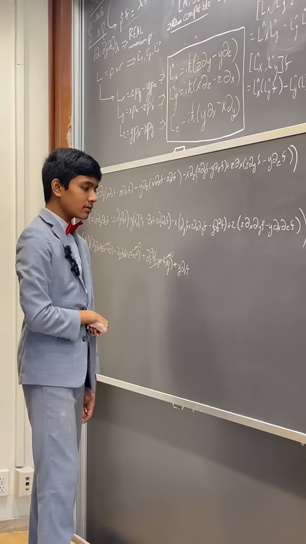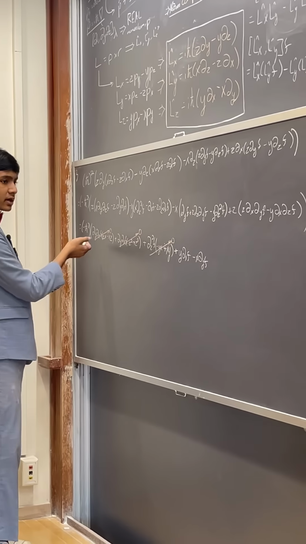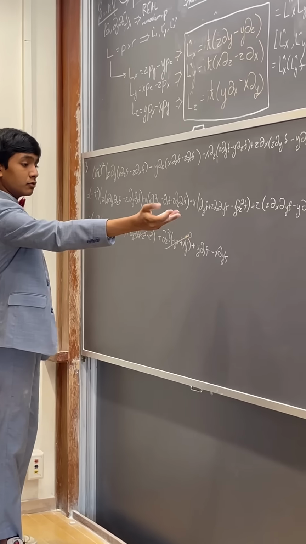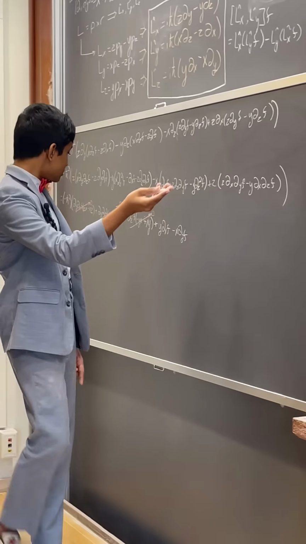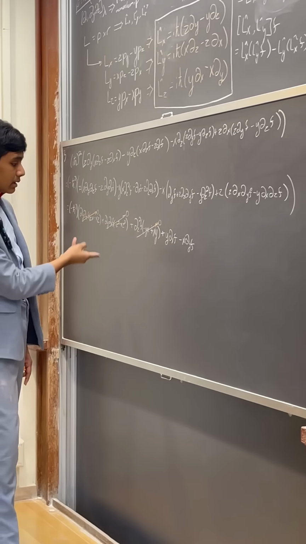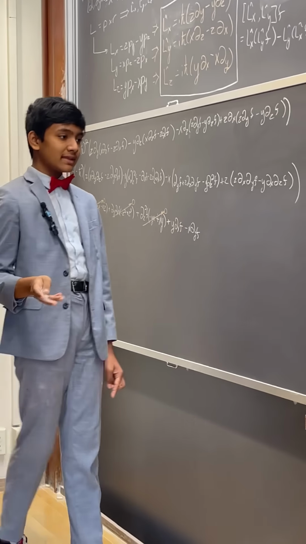Over there, you see the partial z partial y f, but we already covered our bases with that. You will also see the partial z squared f, but we already worked with that. Here you will see the partial x partial y f, but we already worked with that. The only thing left is the partial